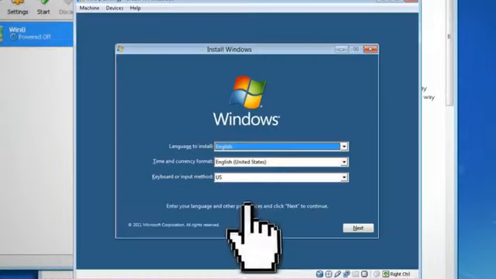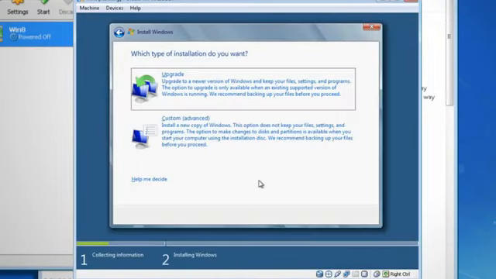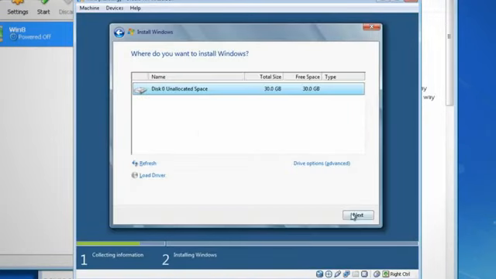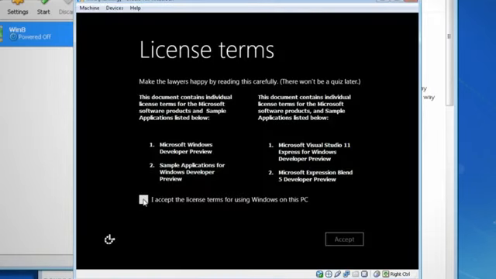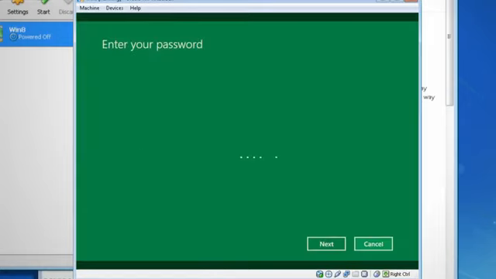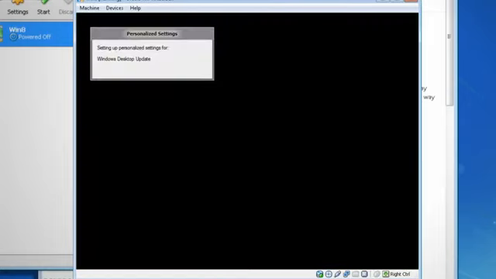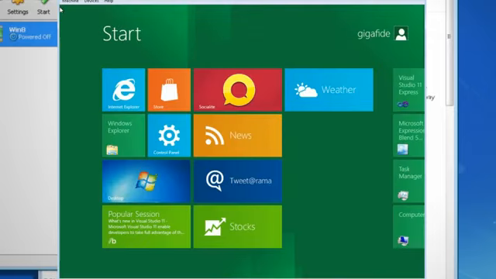This will go through the installation process. Make sure that you choose Custom instead of Upgrade and install it to the hard drive that you just created. Then let it do its thing. Eventually, it's going to ask you to log in using your Windows Live account. If you don't have one, it's easiest just to take a minute to go and create one and then log in with it. When setup is finished, the first thing that you'll see is the new Start menu, which is